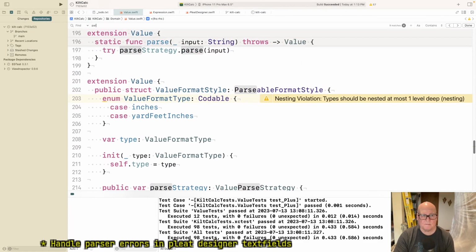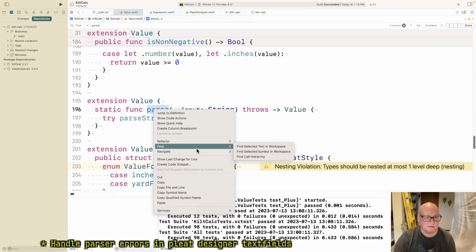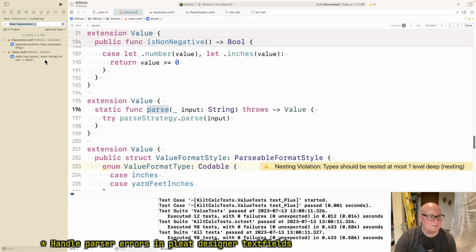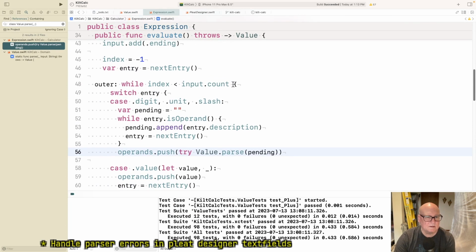Where's parse able to throw? Let's see who calls this. I don't think there's very many places. All right, yeah, this is it. Okay. Value.parse. The calculator builds up an expression with feet and inches and slashes and all that stuff, numbers, and decodes it as a value.